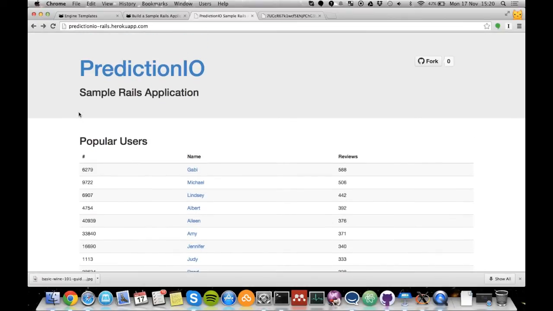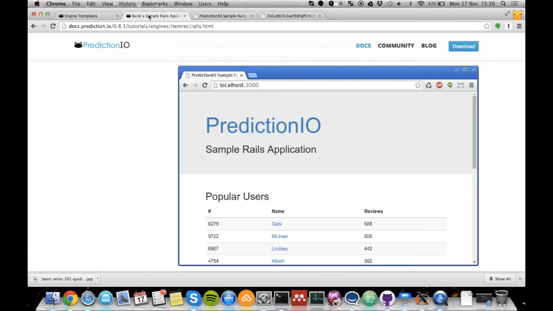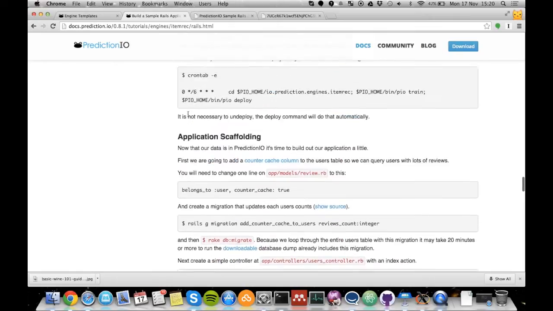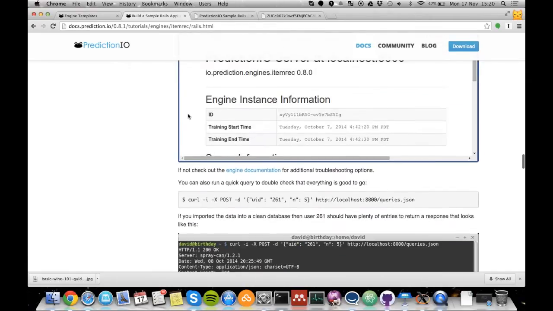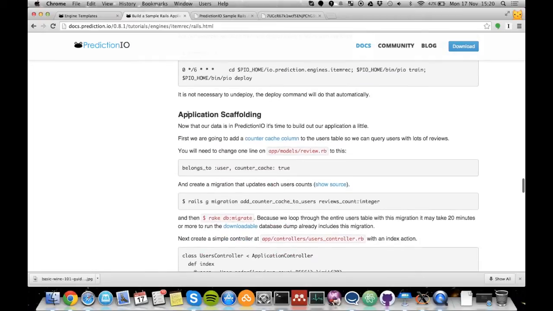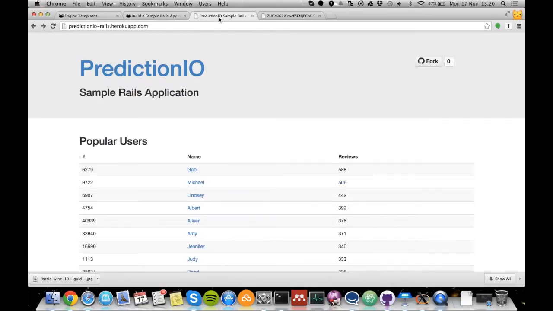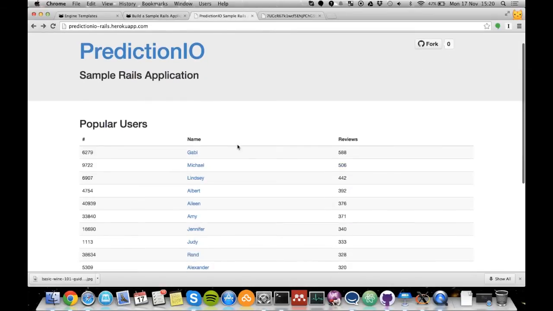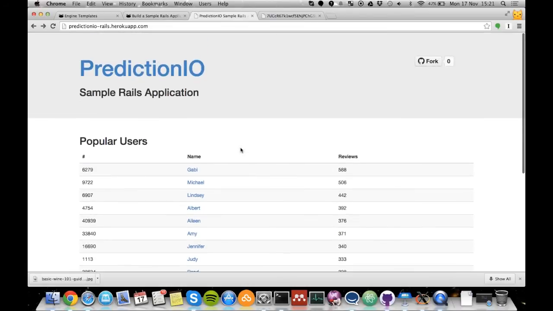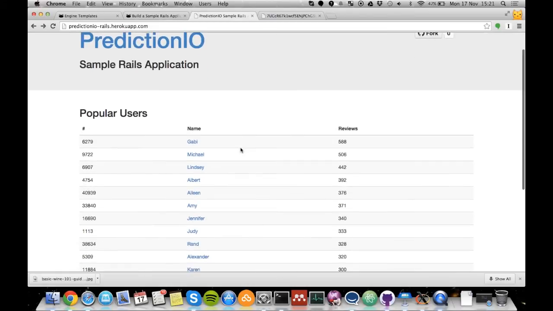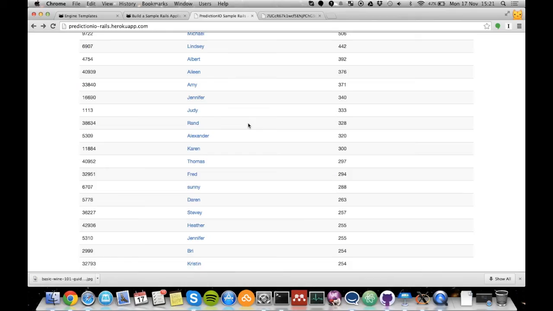So for the other tutorial, there's the quick start, and then there's the building a simple Rails app using PredictionIO. So still using the item recommendation engine, this tutorial will take you through building a very simple Rails app on a Postgres database. And this is essentially what you'd build if you go through the tutorial. So it gives you a very simple front end. So you've got most popular users and the number of reviews. It happens to be a user called Thomas,